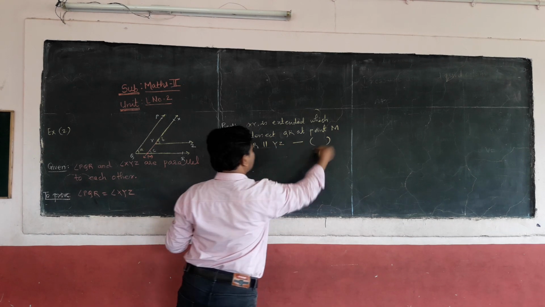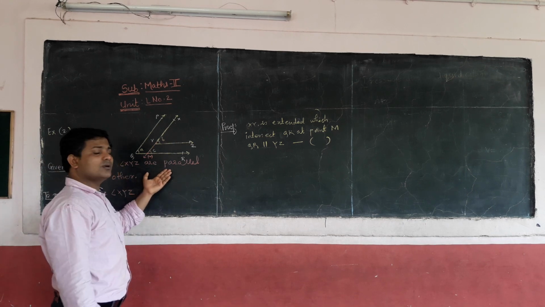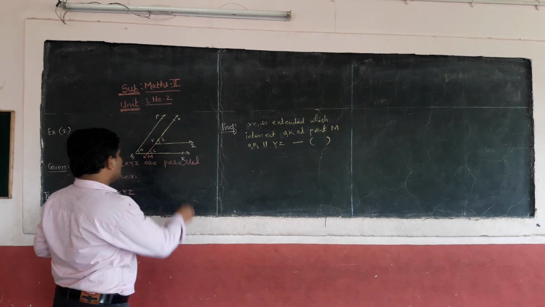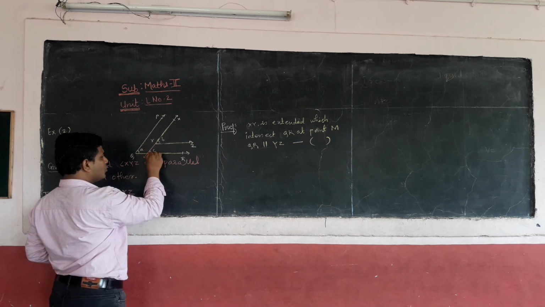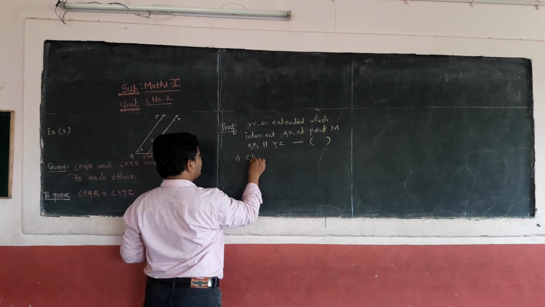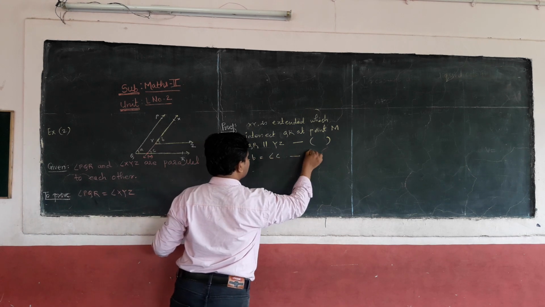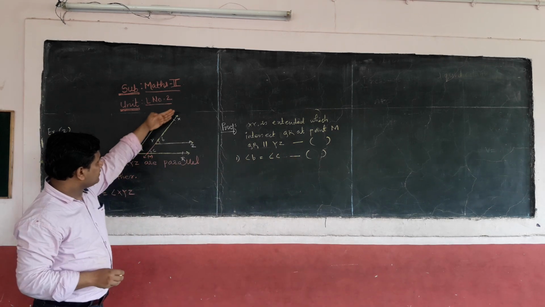रीजन क्या होगा? QR is parallel to YZ। क्या हो सकता है रीजन? यस, पैरेलल है, बताया गया है क्वेश्चन में। अगर ये दोनों पैरेलल है, QR is parallel to YZ, what is the relation between C and B? Correct. Angle B must be equal to angle C. The reason will come corresponding angle theorem. And PQ is parallel to XY.